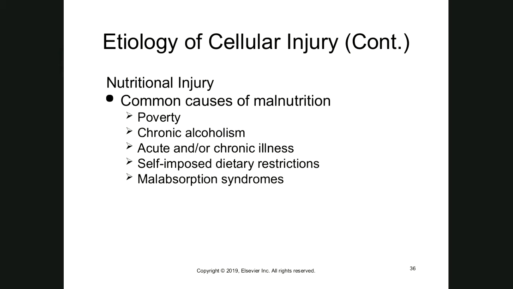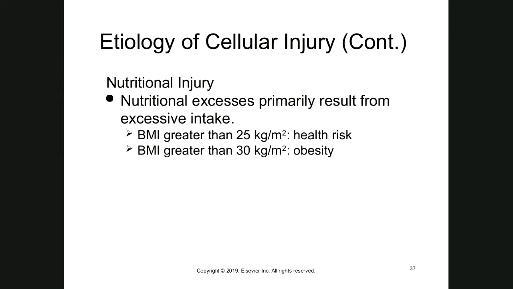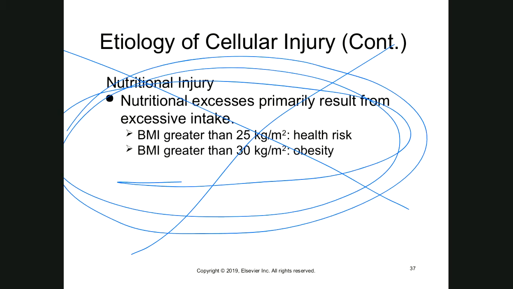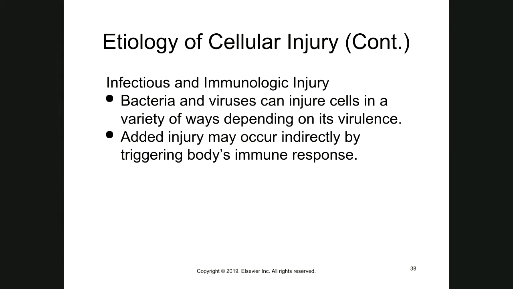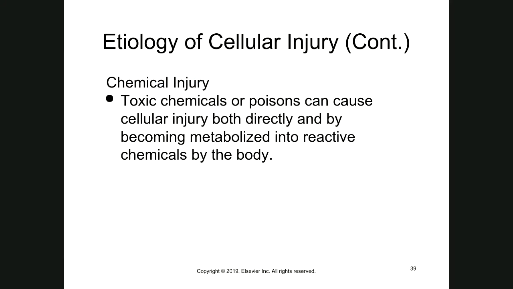I will not ask you this one either. We will see this one later. The same thing happens with this. This is interesting because we will talk about this one later, that BMI, and believe it or not, there is a huge fight behind doors regarding that. Infectious and immunological injury, bacteria and viruses can injure the cell in a variety of ways depending on the virulence. You already have a little bit of experience about what is happening, but again, I will not go with this one right now. Chemical injury, toxic chemicals over there, I will not go with this,